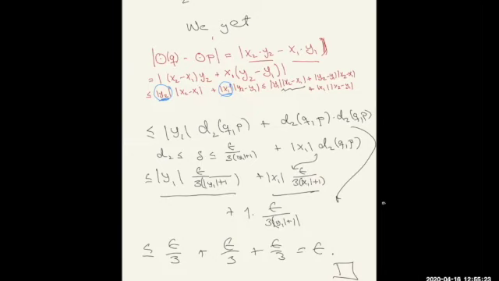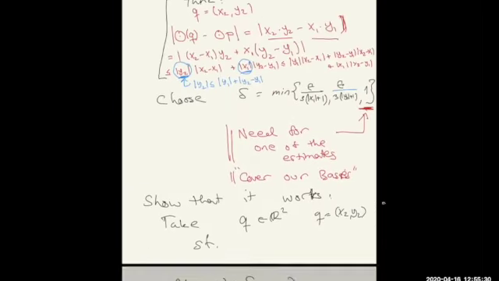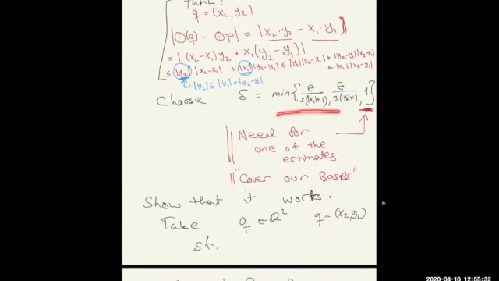So always the same scheme works, except that you have to make sure that each term can be bounded. So this means that often delta will be a minimum of things. If you have square terms or some more complicated expressions, you may need to cover your bases and make sure that the distance is bounded by 1. This is harmless because we anyway imagine the points as being close. And finally,